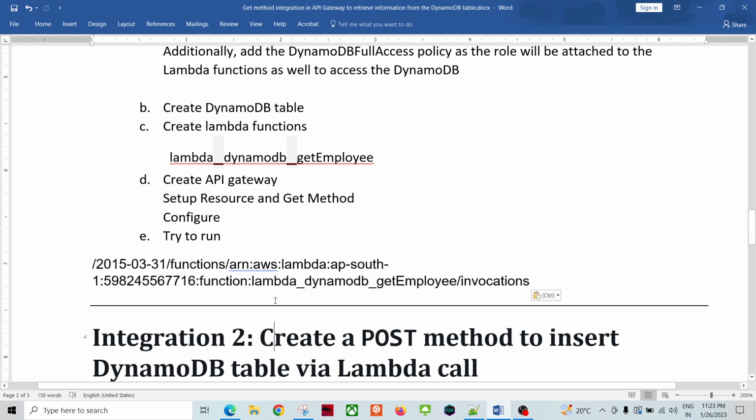So these three things you need to change, otherwise you have to give the entire string. You give your region name, your AWS account number, and your AWS Lambda function name. If you give these three things and together prepare this override path string,